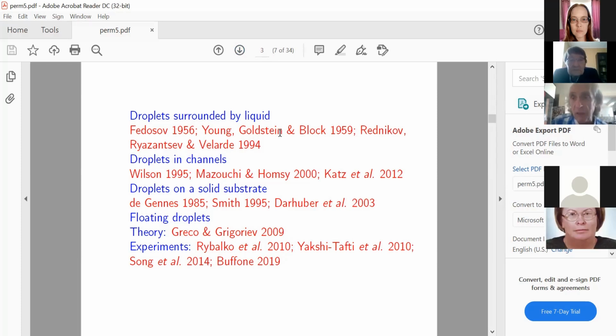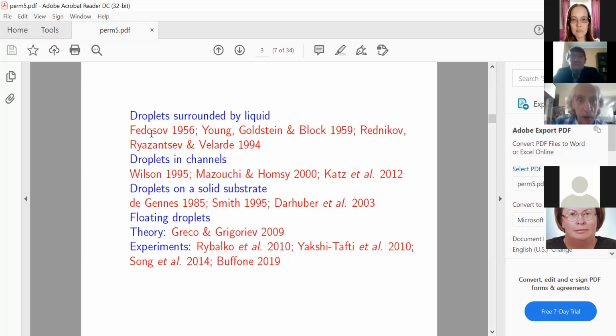They found the possibility of levitation of a droplet due to the action of the Marangoni stresses. It is less known that the action of a temperature gradient on a droplet was studied several years before that by Fedosov, but he published his work in a certain physico-chemical journal, and this work was unnoticed by experts in fluid dynamics.